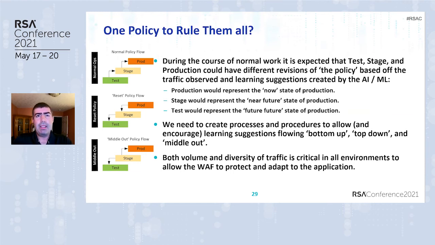Now, granted, I had a very naive view of production coming into this environment. I used to think of production as the now state, where stage was the near future state of production and test was the future stage. After sitting in years of change control, where I saw our dev apps promote bug fixes from test to stage to dev to prod, I figured that we were going to have a very similar rollout of our actual bugs that we find, of the policy configuration tweaks that we need to make on the WAFs.